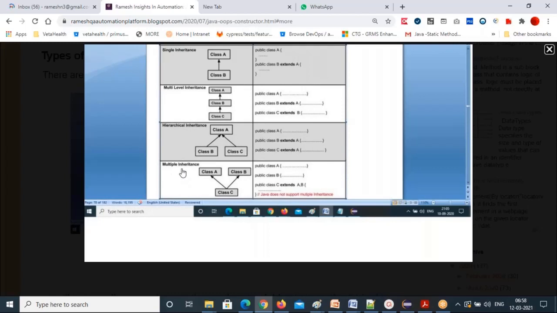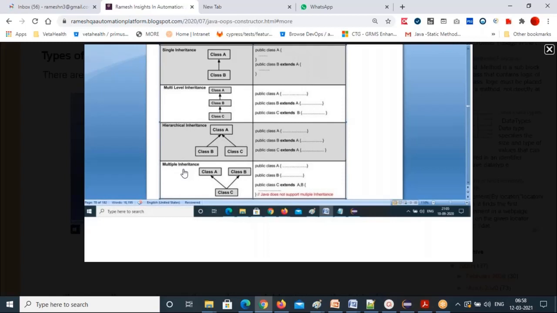Last one, multiple inheritance. Multiple inheritance is not possible in Java at all. Why is multiple inheritance not possible in Java in case of class? The reason is, to keep the design very simple, they are not supporting multiple inheritance.